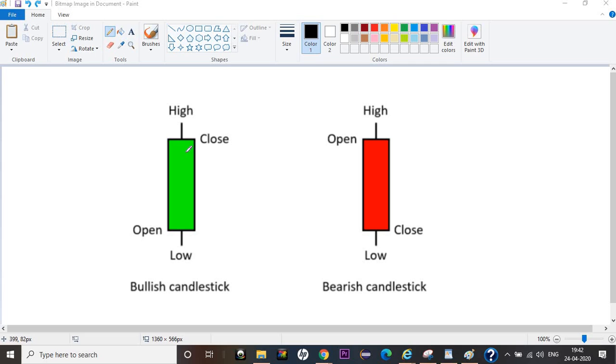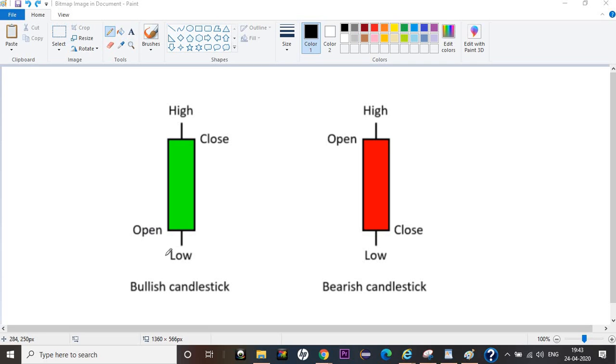The purpose of making this tutorial series is to teach you how to read candlesticks, because a lot of guys gather a small amount of information and think they are capable enough to trade in the market. They put in a huge sum of money and they incur a lot of losses, right? I'm from a non-IT background. Initially I also faced the same. However, I read a lot of books and studied the market for a long time, and I came up with the knowledge which I want to share using these tutorials.